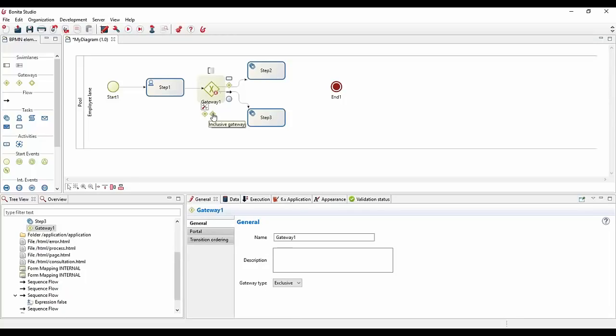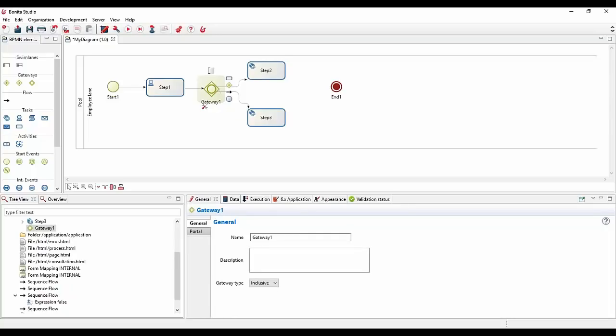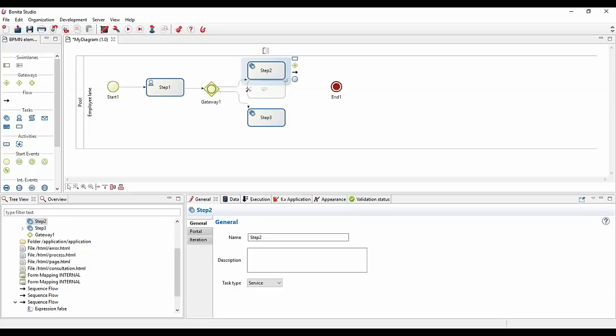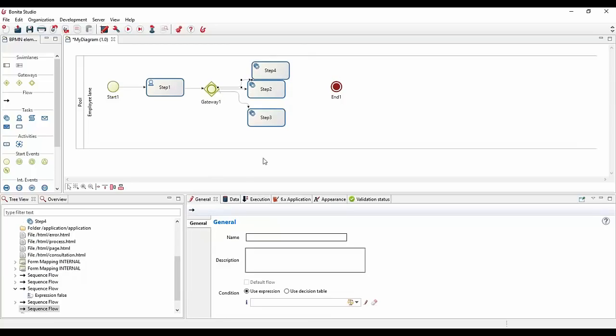The third type of gateway we might use is what we call the inclusive gateway. The inclusive gateway is a mix of parallel and condition. That's basically all the conditions that are true will be taken. So I show you an example with 2 steps here, but you might have 3 of them, n of them. This one doesn't have any condition, but I could just leave it like that.